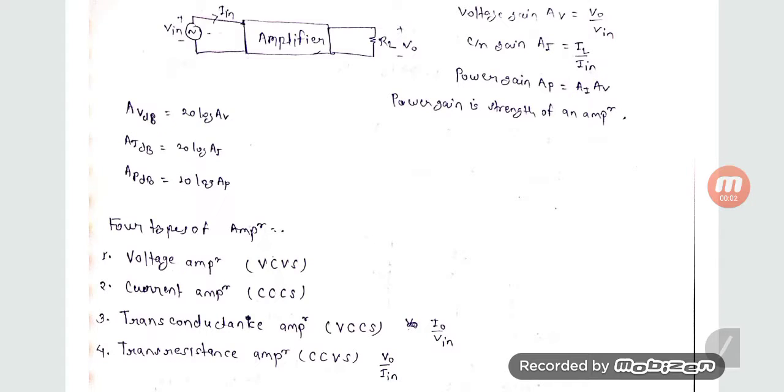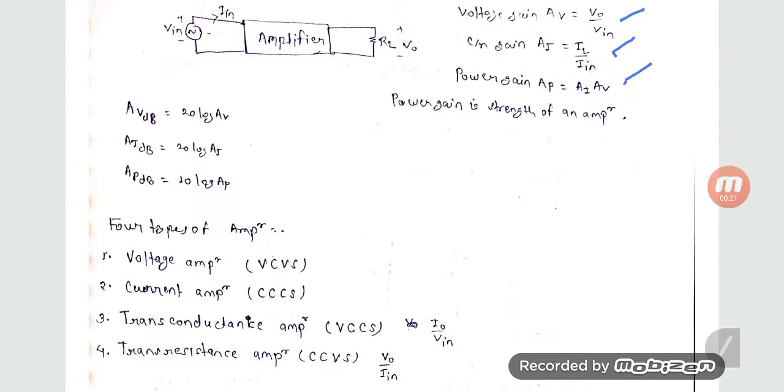Hello guys, so today we are going to learn different types of amplifier. So first we see what is an amplifier. An amplifier is a device which improves the strength of any signal. And the parameter through which we rate any amplifier can be voltage gain, can be current gain, can